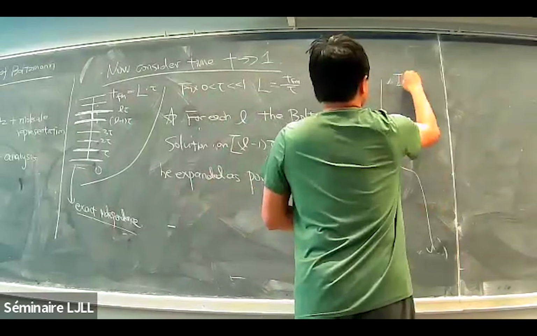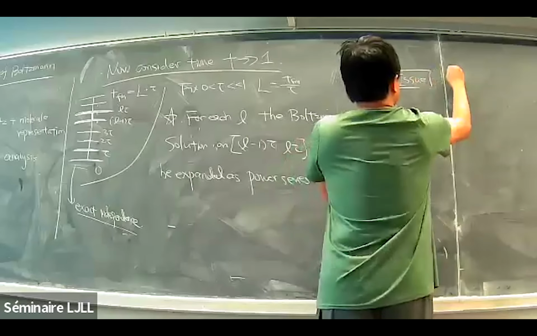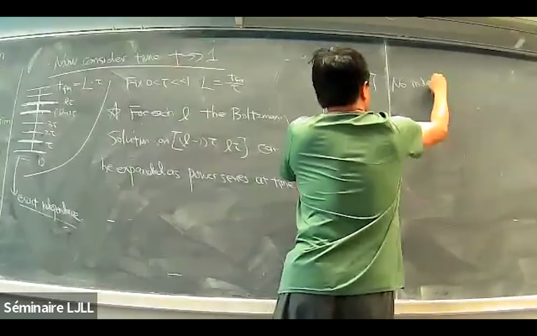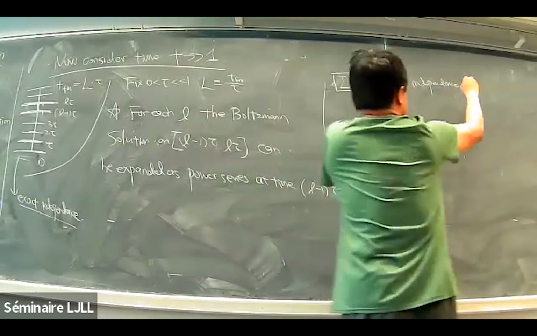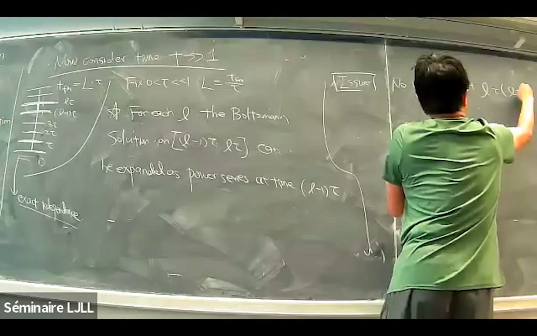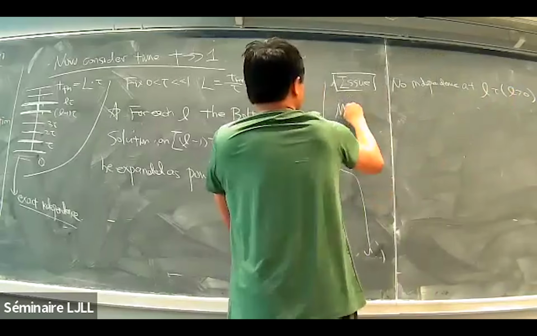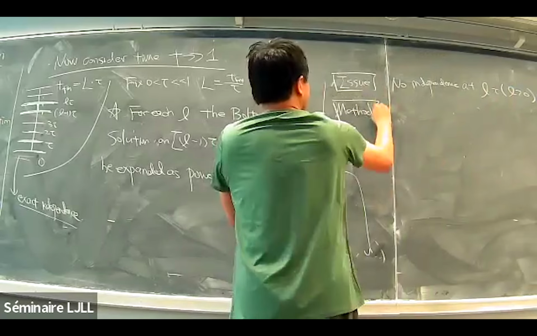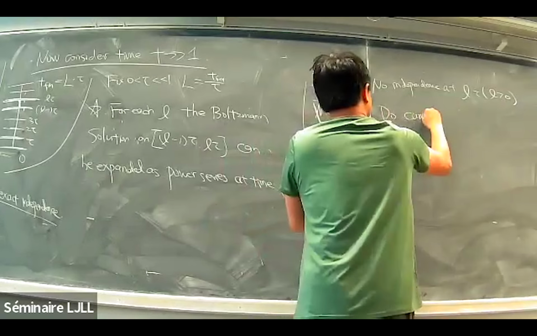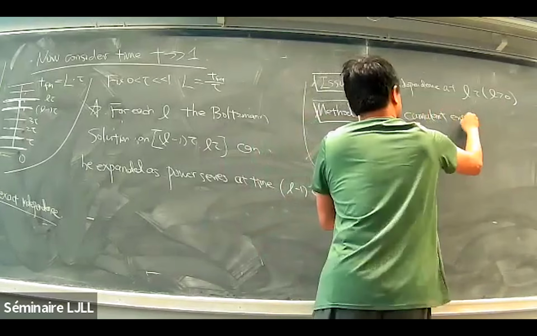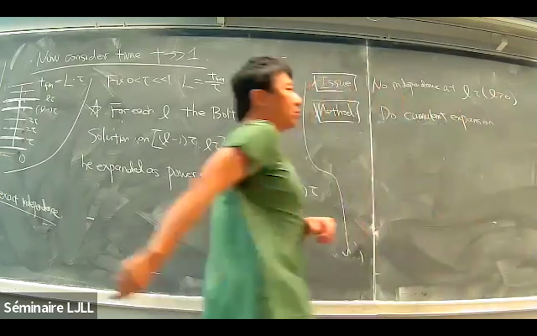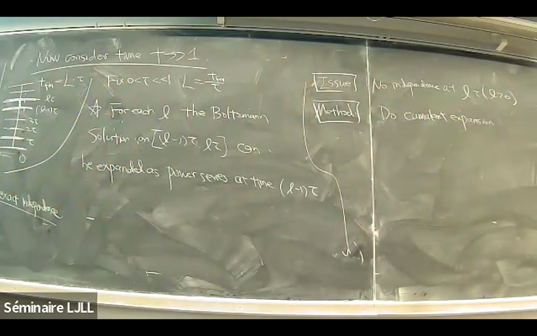So for the issue of no independence at L tau, the method is to do this cumulative expansion. So let me write down what is cumulative expansion. This is actually not a full version of cumulative expansion. It's a convenient version that we find most simple and most useful. That is